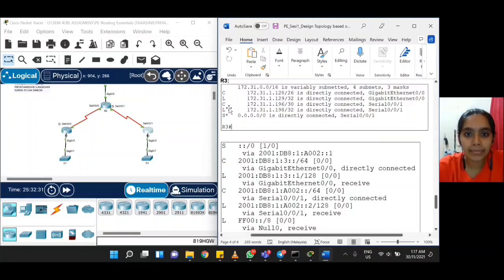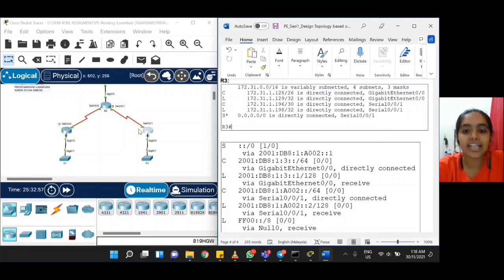Next, the S symbol represents a static route. A static route is configured for R3 because R3 is not connected to R1. So in order to communicate between R3 and R1, we have to configure a static route for R3. Next, configure the IPv6 address as we configured IPv4.